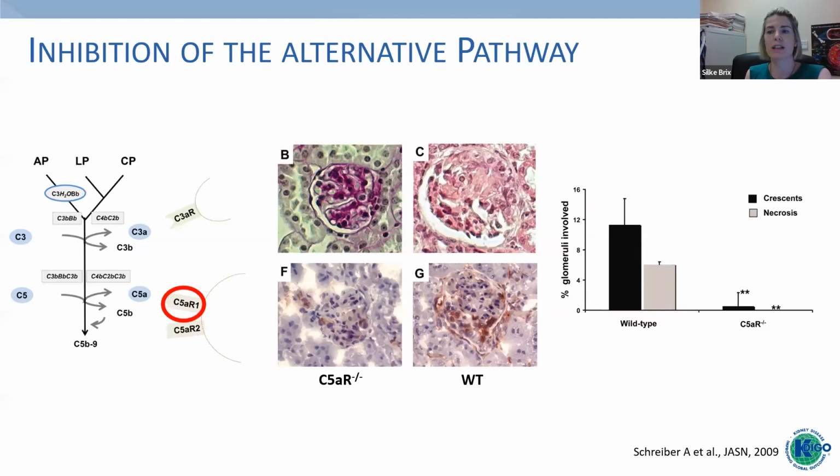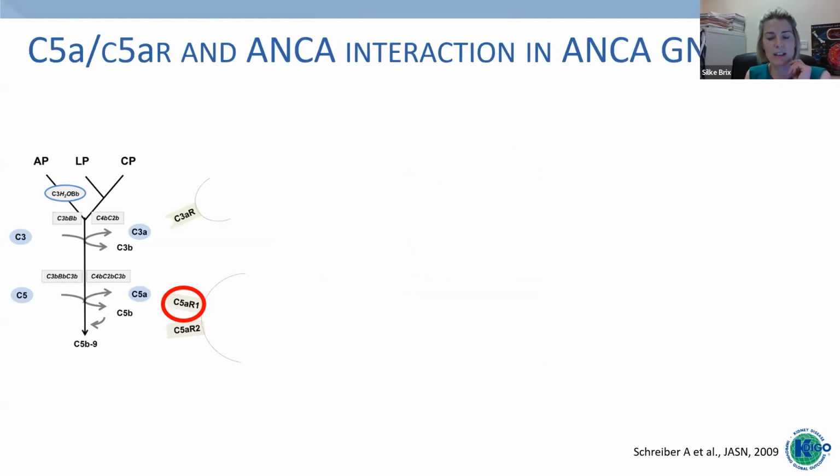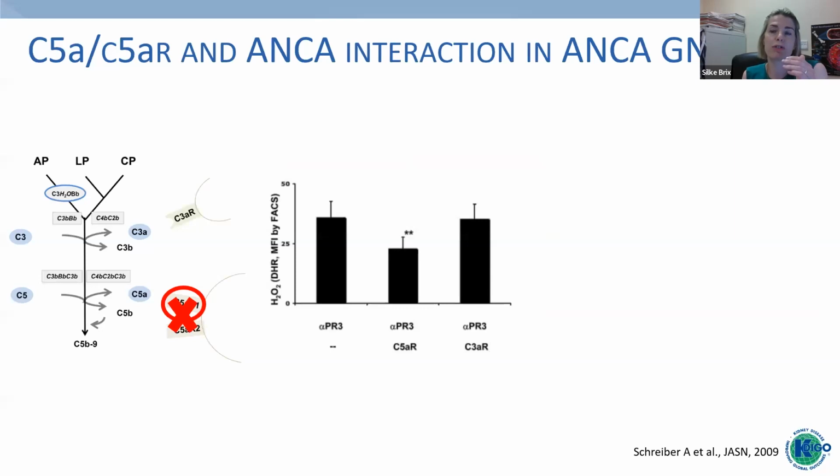And how can we now have a look in humans? What would these factors be used by, which effector cells? Most prominently, we know this is a leukocytoclastic vasculitis. Neutrophils have long been implicated as being powerful in this disease. If we look at our neutrophils, we do know that neutrophils activated by ANCA release reactive oxygen species. And here, inhibiting the C5a receptor in neutrophils activated by PR3, there was a significant reduction of reactive oxygen species. And further,